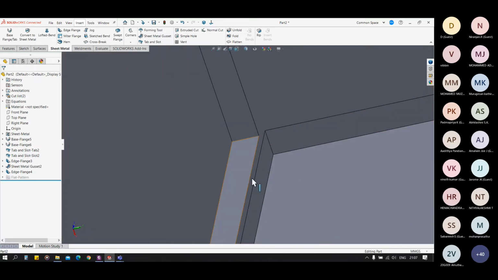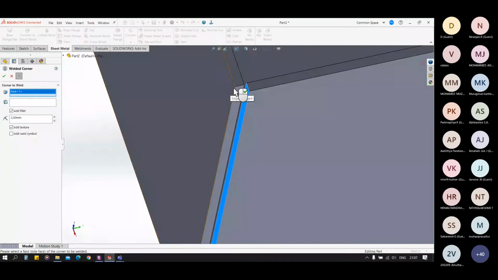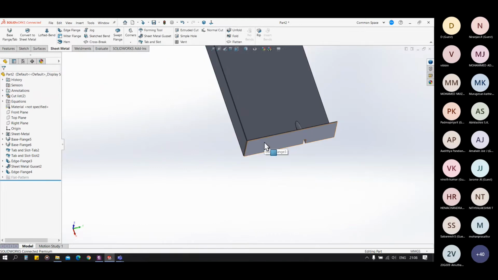We have our positions of flanges like this. For the welded corner, we have to select a face and edge. This is not working in this case. Let me set another example.